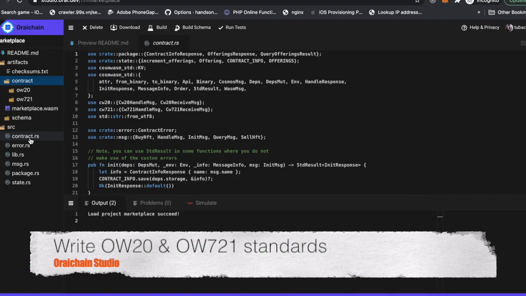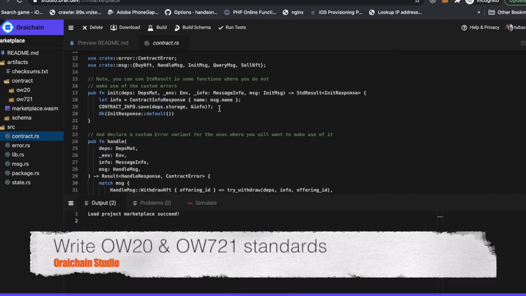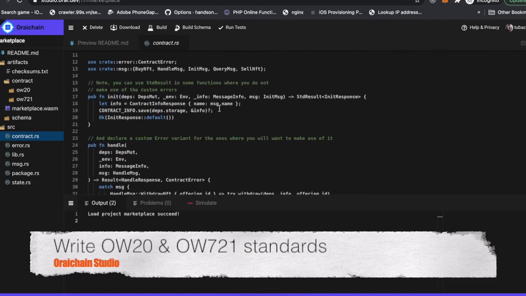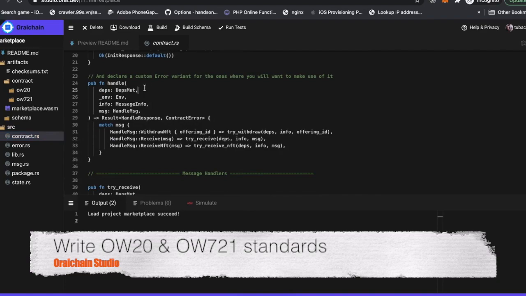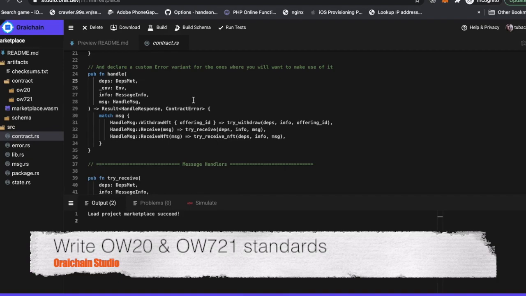Basically, a smart contract will require you to write three functions. The init function. Init function is used to initialize the smart contract when deploying to the network. And the handle function. The handle function is to create actions with state stored on smart contracts, such as updating the total supply, creating a new MFT.